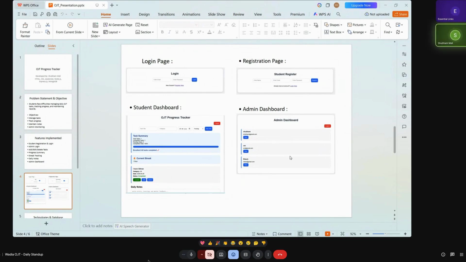Sir, I implemented the streak feature using the completed_at date. I collect the dates of all completed tasks and remove duplicate dates, and if these unique dates are present, then the streak will be increased.